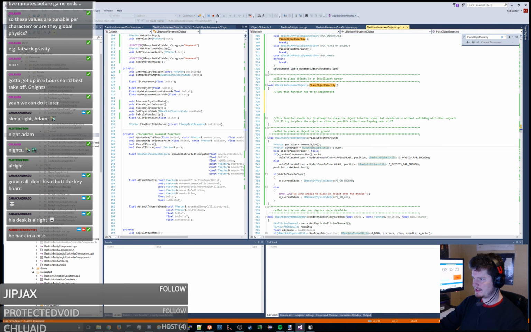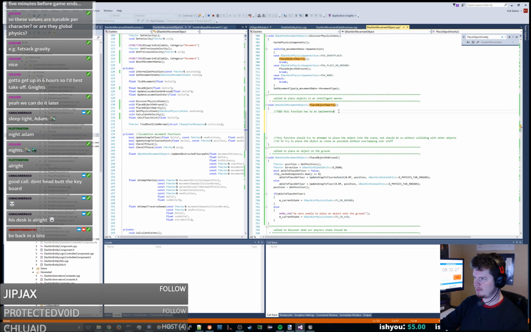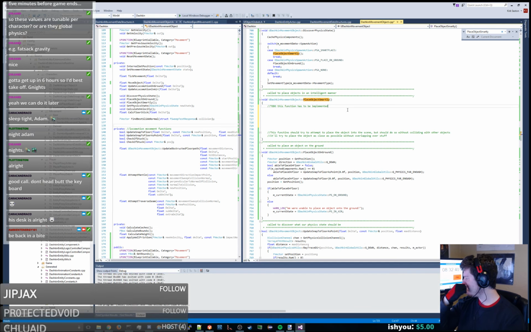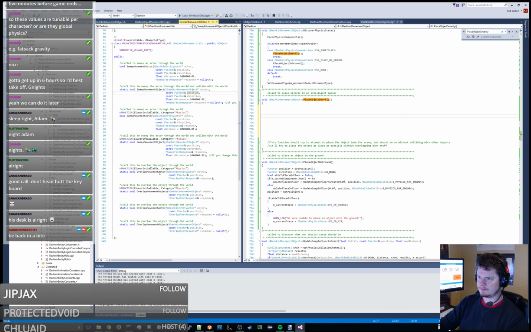So what does our basic place object on the ground do? It just says able to place on floor, update snap to floor's point. Well, for our smart place, what do we want to do? Well, let's check our overlap. Let's just do overlap movement object,